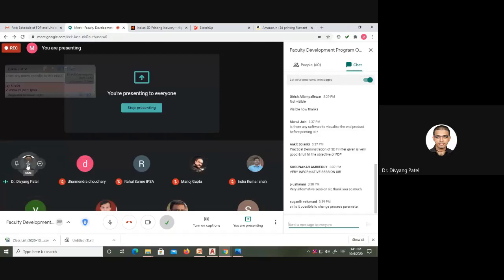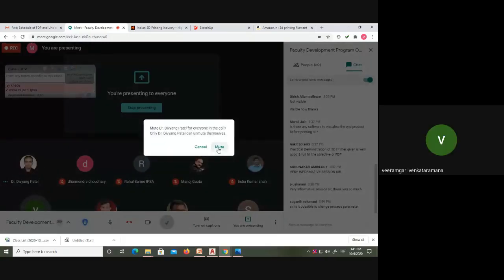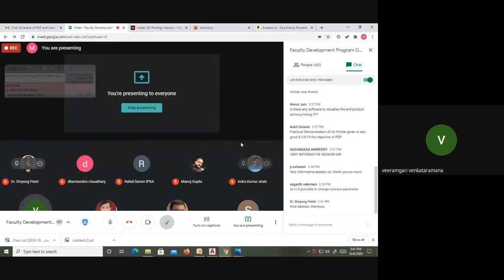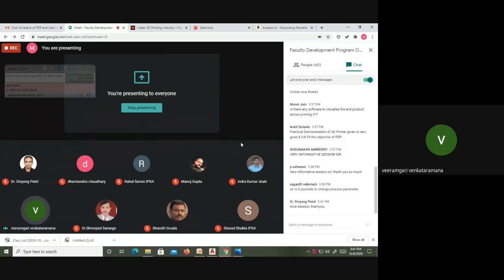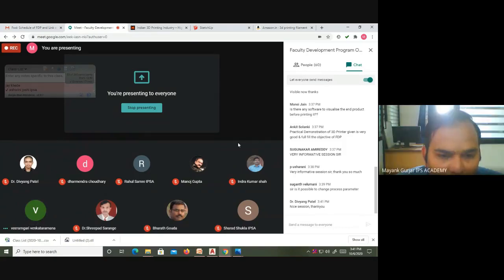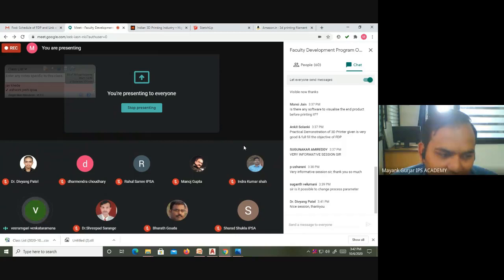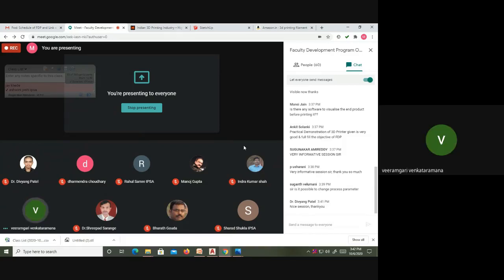Any copper or aluminum wire? Sir, please repeat the question. Can we use copper filament or aluminum filament in the same machine? No, sir. The temperature is too high for aluminum and copper, around 850 to 1000. We cannot print it. But what the creators do is add a texture of aluminum and copper in the plastics, that is PLA or ABS. So we can print it.